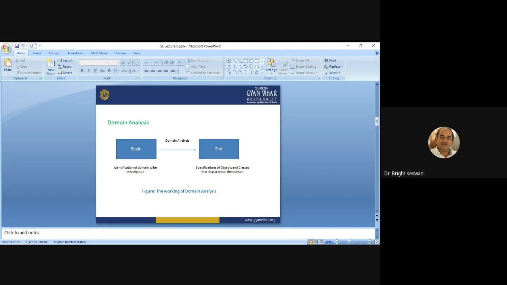So what is needed? The development of thousands of classes is a tedious activity, a complex activity, a time-taking activity. Okay, so what will company X do? It searches for reusable classes from the library, classes which are already existing.